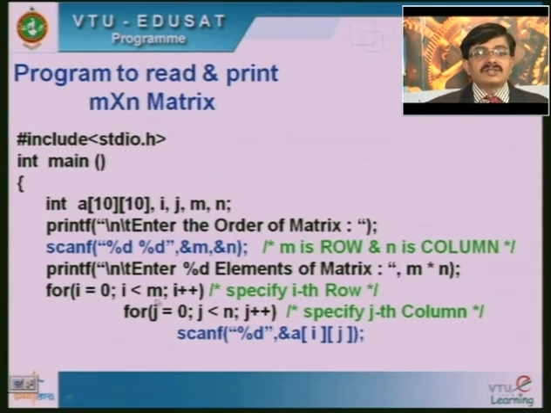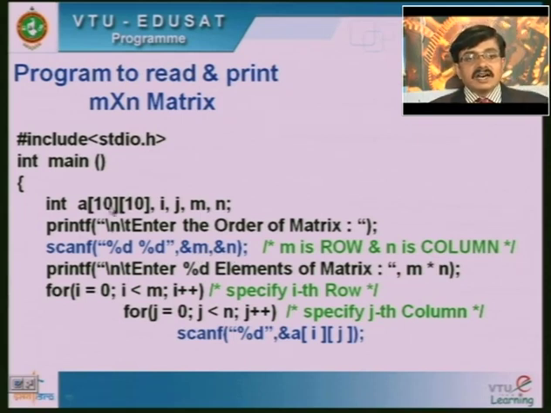Now for i is equal to 0, i less than m, i plus plus, j is equal to 0, j less than n, j plus plus, I will be reading all the elements of the matrix. If it is a 5 cross 5 matrix, then 25 elements I will be reading with respect to this particular scanf statement. And when you are mentioning the row and the column size here, we have to make sure